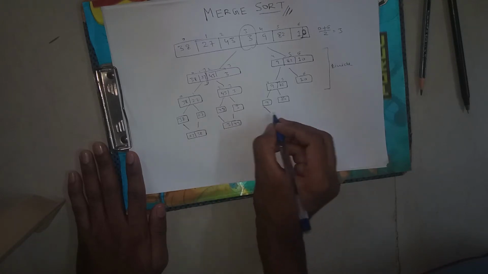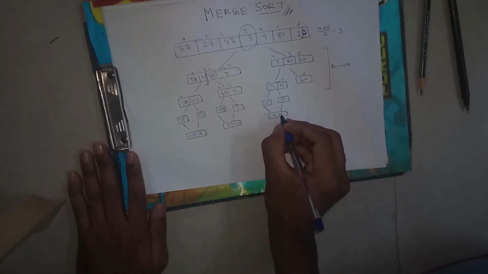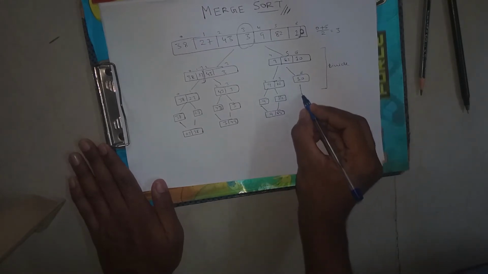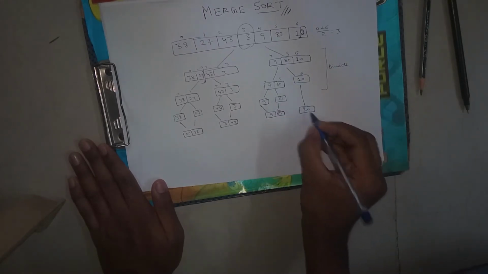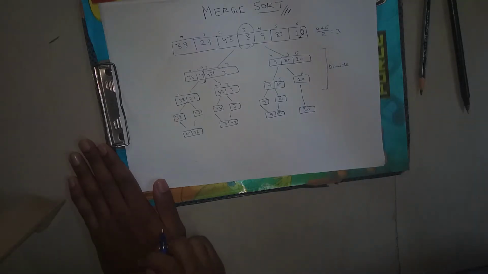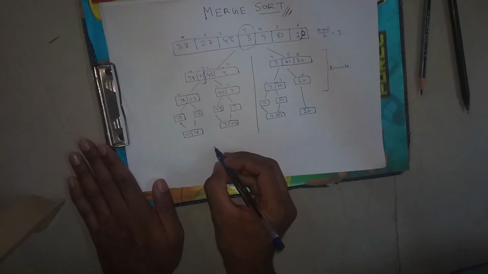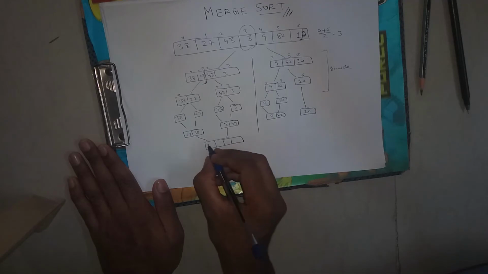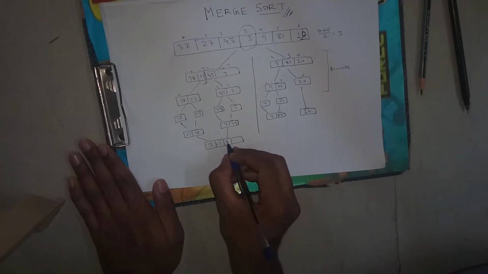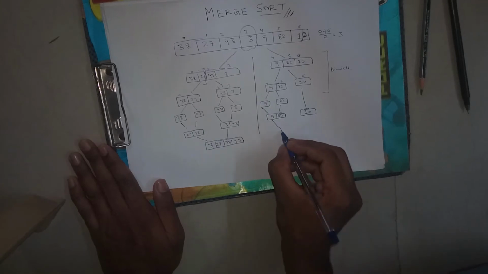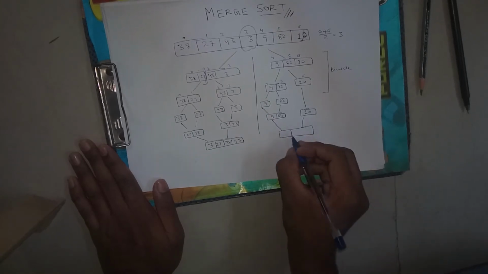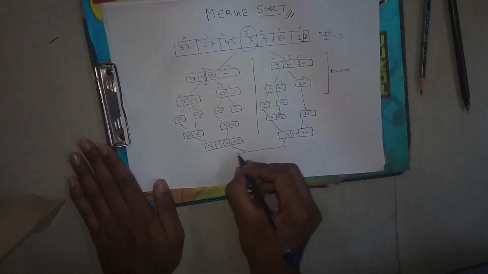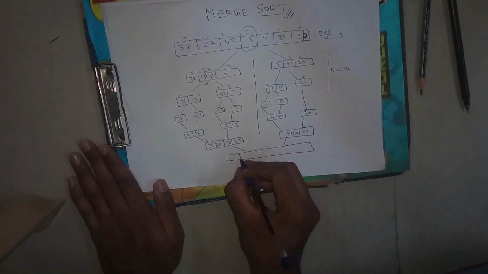I will tell the implementation as well. First I am trying to make you understand what is basically going on under merge sort. Okay, so this 10 comes here. Now these are the two sides, and these we have to again combine. So we get 3, 27, 38, 43 in ascending order. Again combine the things on the right hand side, and then finally we combine to get our array in ascending order.